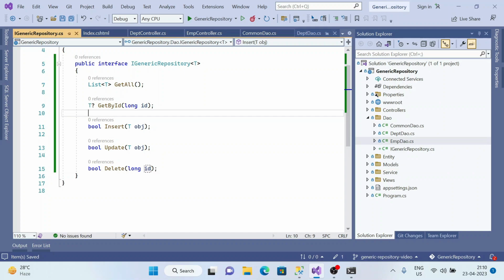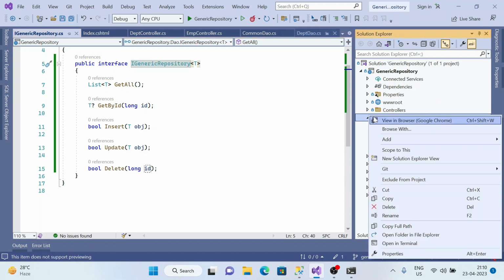So we finally created a generic repository interface. It will have 5 methods: get all, which will return the list of that particular table or type, then get by ID, which will find a single element with the primary key value, and then insert, update and delete methods to insert, update and delete respectively. So let's create the implementation for this, and while doing that implementation we will make more changes to this particular code,